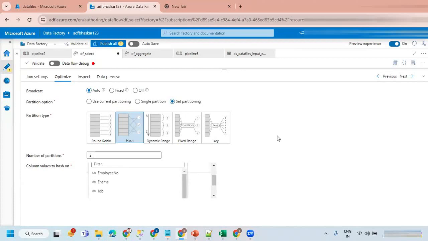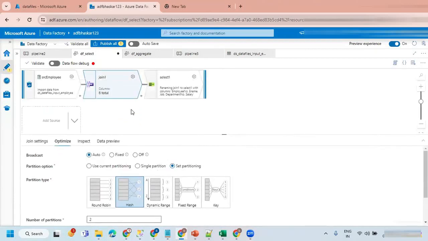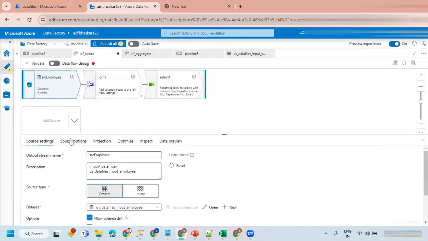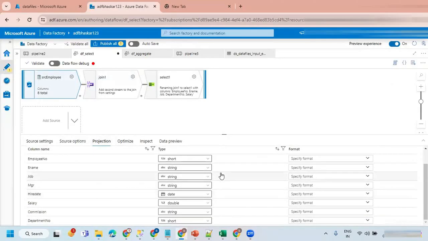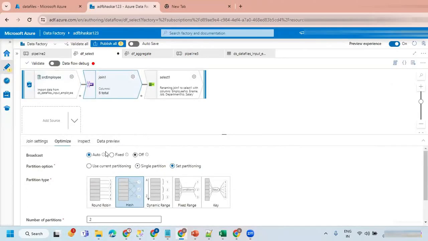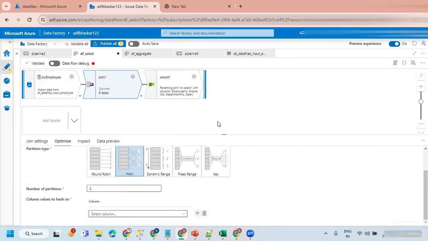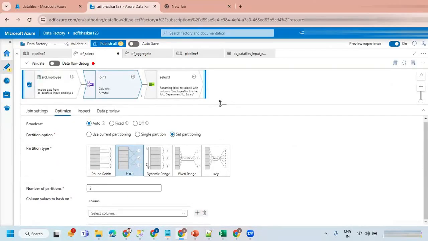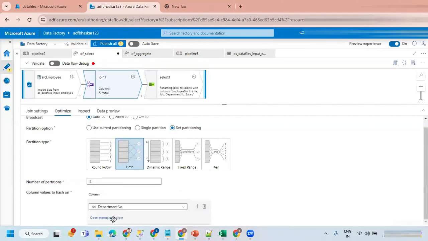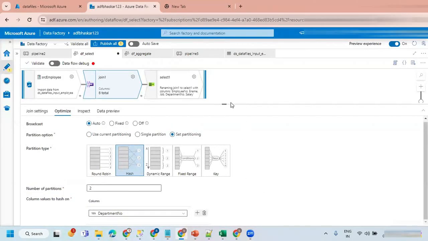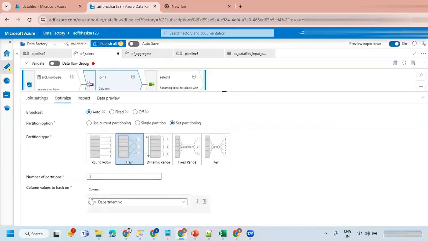Okay, I don't have a department number here. Let me do one thing. I have it. Okay. Now, if you take a department number, what happens is, department number is going to be there in both